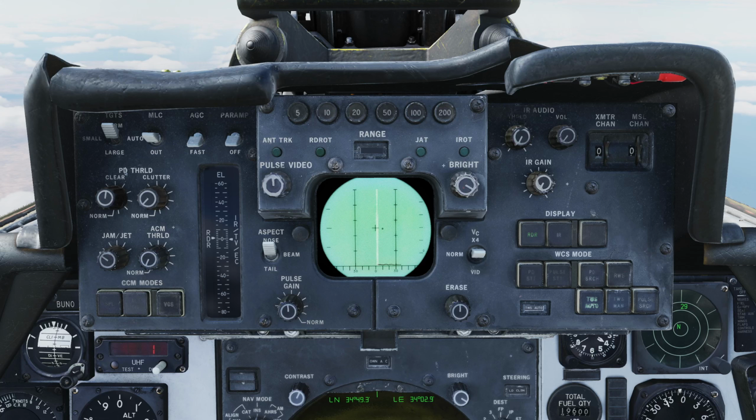Okay, so taking the DDD display first, or the detailed data display, this is where primary returns from the radar are displayed. So these are like raw radar returns in both the pulse and pulse Doppler modes that the radar has available to it. And we have controls here which will control what is displayed on the DDD exactly. Let's bring the aircraft out of pause, although we're still in active pause just now,